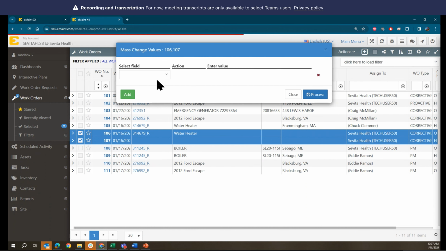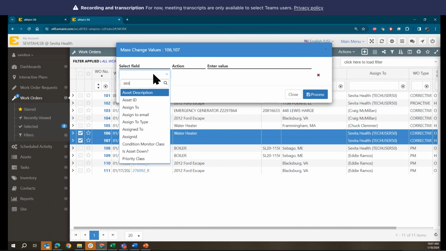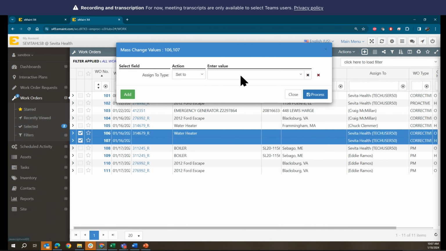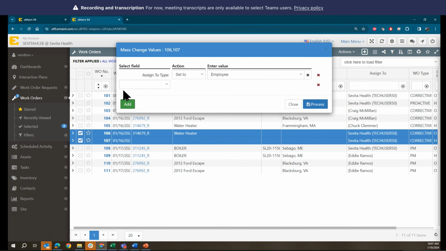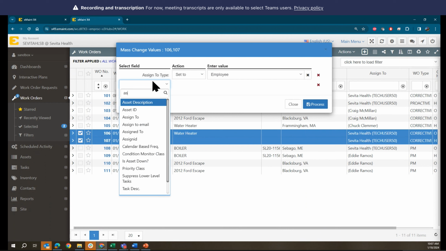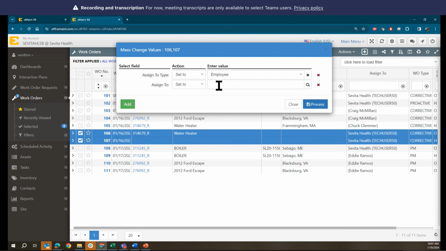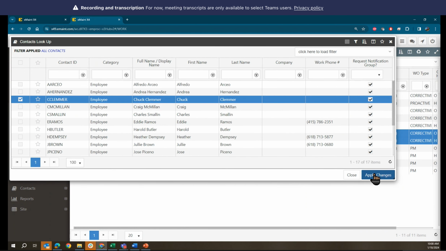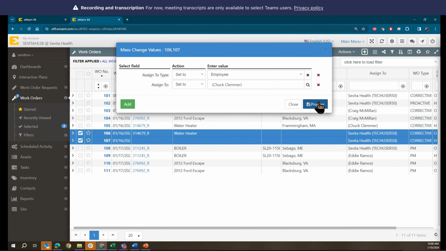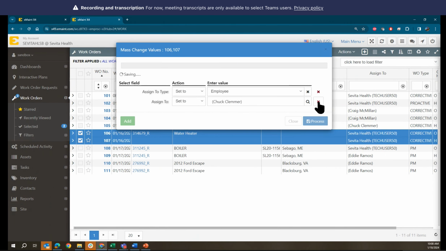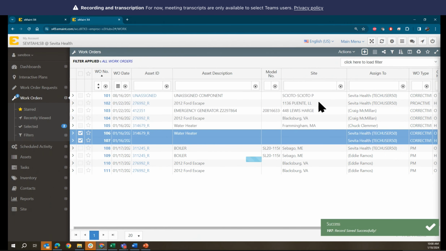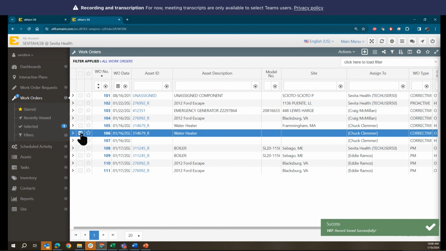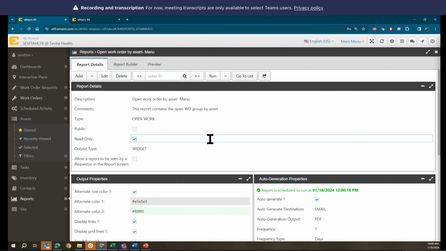Let's change the value to type employee. Okay, so the idea is to create